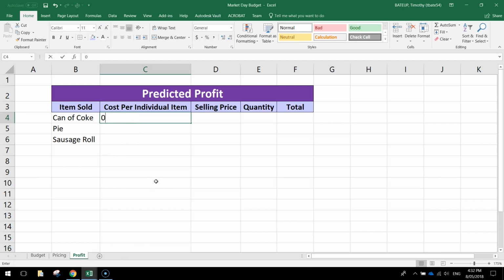So a can of Coke, we just write in 0.69. For the pie, we write 0.95. For the sausage roll, we write 0.21. Now we're going to highlight those numbers and simply click the accounting format up the top so we get it looking like monetary values. Now the selling price is how much we are deciding to sell each of these items